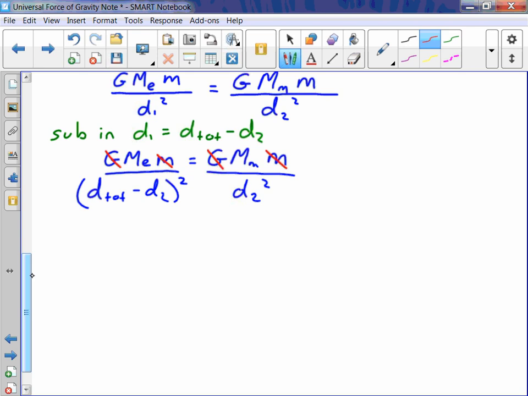To make our lives easier, we're going to take the two terms that have a square on them and bring them to the same side of the equation. So I'm going to cross multiply the bottom left to the top right, and take the m of the mass of the Moon and bring it down to the bottom left. So we're left with